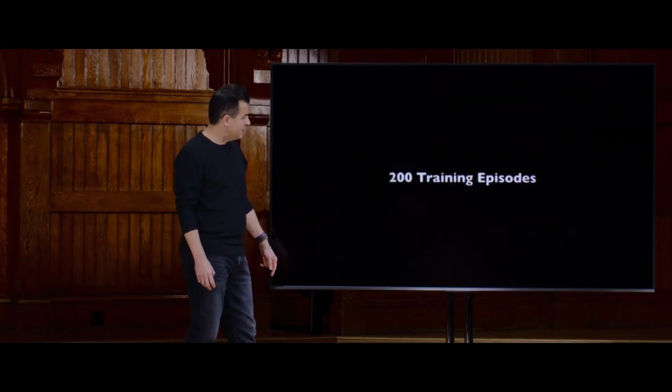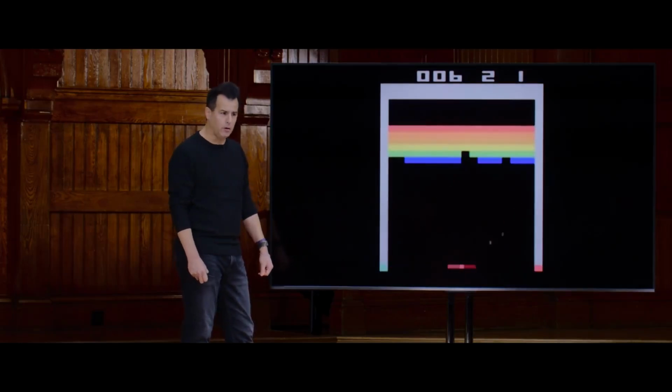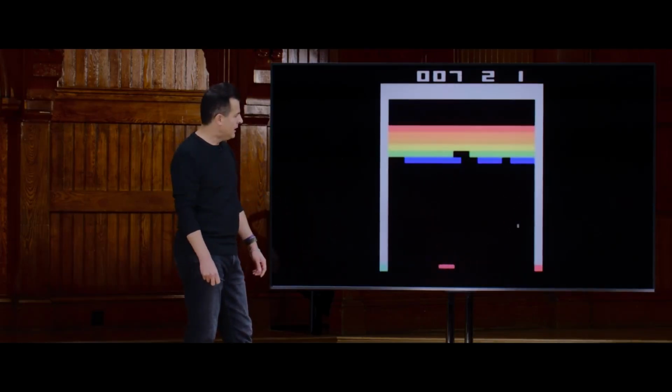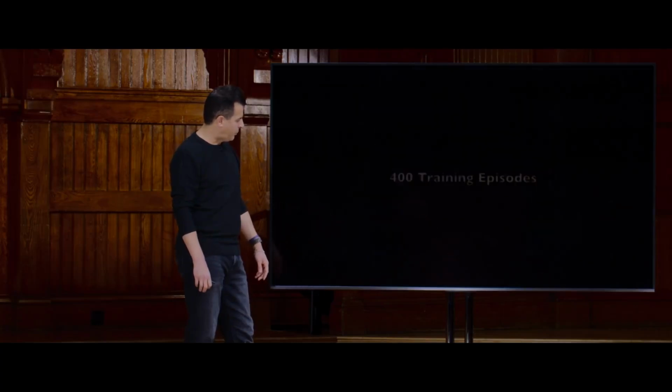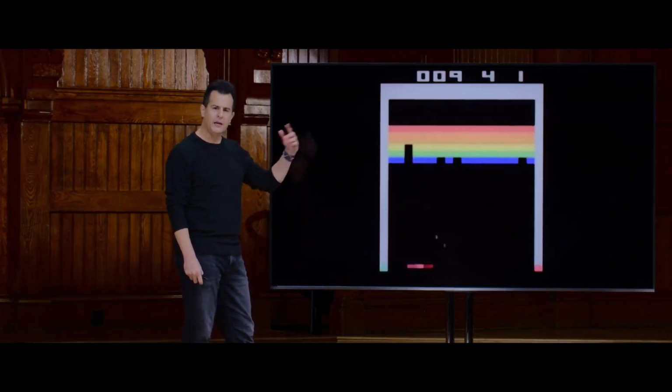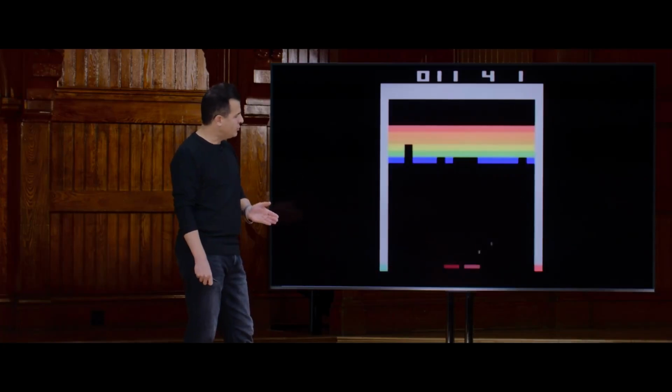But it realizes after 200 episodes that, oh, my score goes up if I hit the ball, and it goes down equivalently if I miss it. And it's still a little twitchy. It doesn't quite understand what it's supposed to do and why. But if you do it again and again and again, and it's rewarded and/or punished enough, you'll see that it starts to get pretty good and closer to what a good human might do.